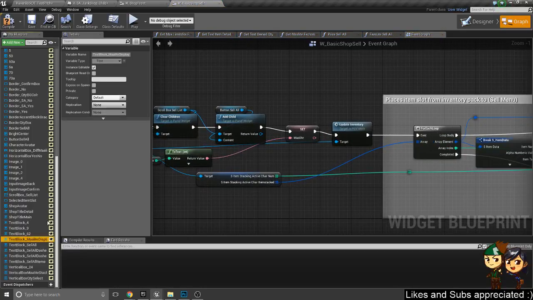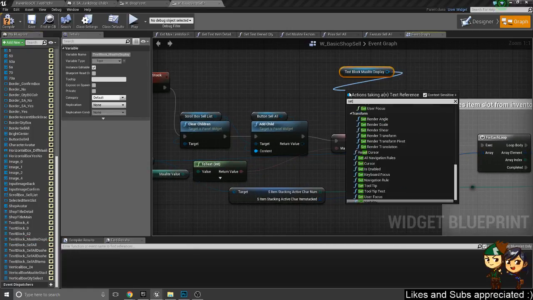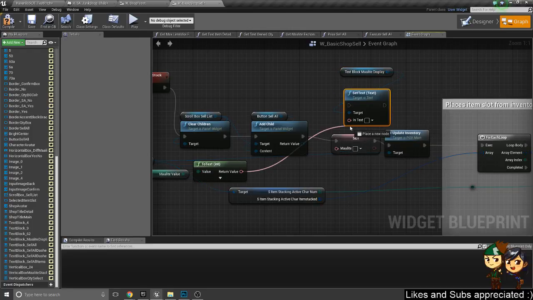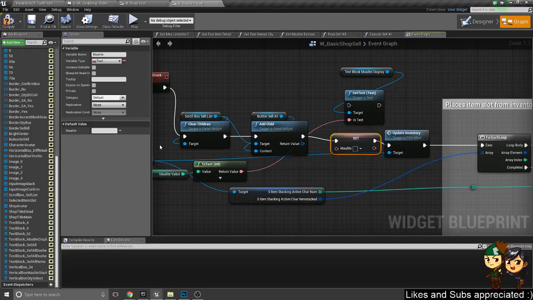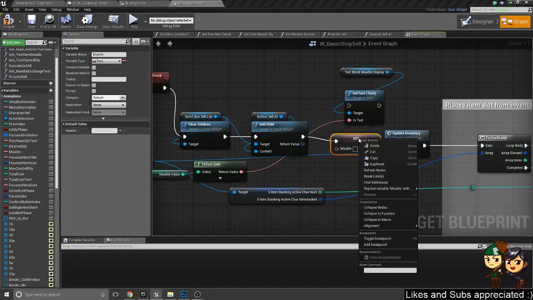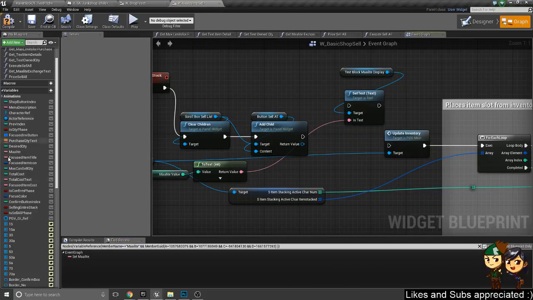Best not to have bound variables if you don't need them. So set text, and I'll pass that through here. I don't believe this value gets used anywhere else. Let's right click and find references. Yep, just here. So we can delete it from here and delete it from our